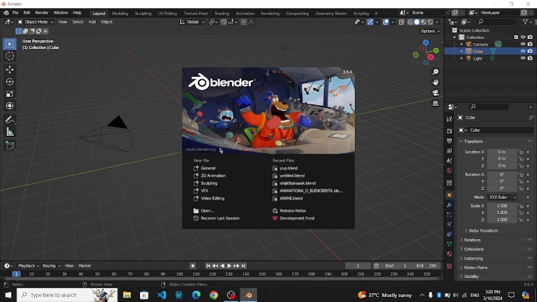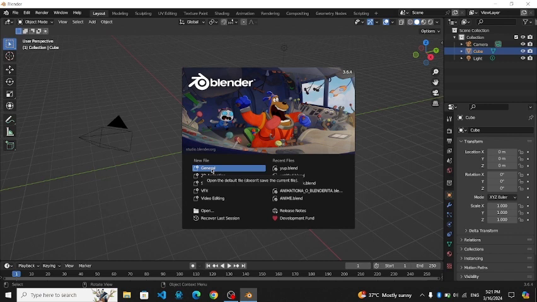Sometimes Blender crashes and your progress, if you didn't save anything, will be lost anyway. So if you close the last file, and if Blender crashes while rendering the animation, you can use the recover last session option. Or if you have already a file and it's not in recent files, you can use open to open an animation. But to make a new file, use general, which makes a simple general 3D animation file,